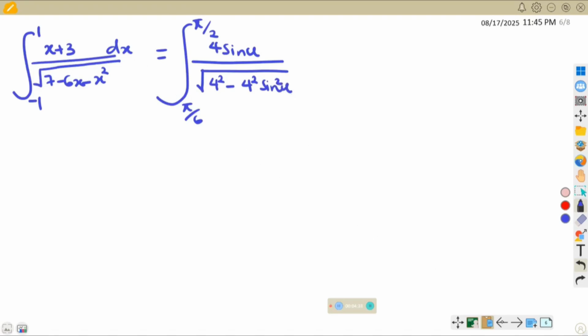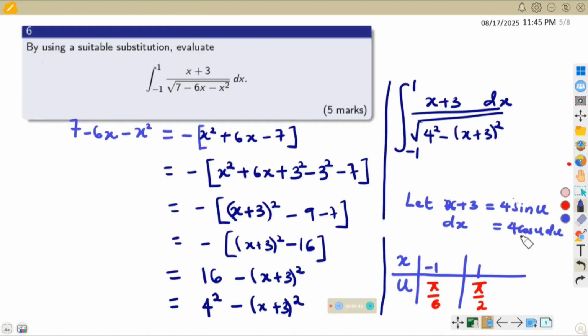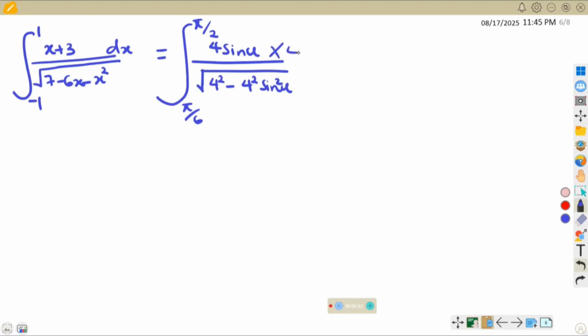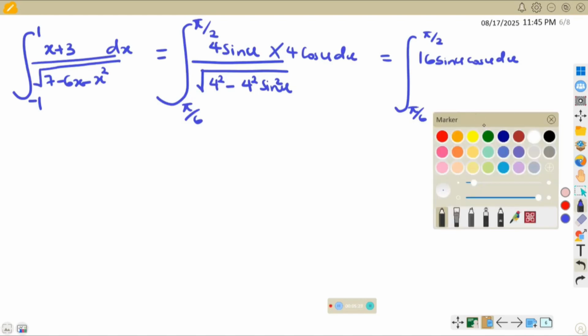Dx, we come and substitute for dx. What is our dx? Our dx is 4 cos u du. Instead of dx, we are having 4 cos u du. Come and substitute. It will be times 4 cos u du. That is what we have in terms of u. So this one will be equal to the integral from pi over 6 to pi over 2, 4 times 4, we shall get 16 sine u cos u du divided by